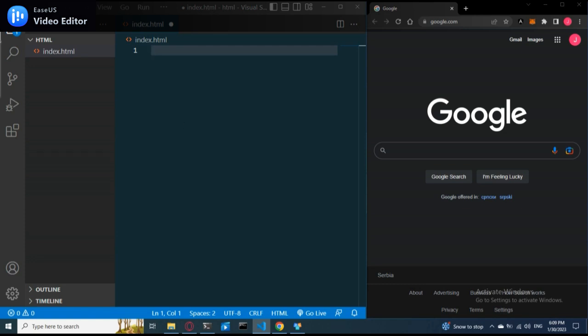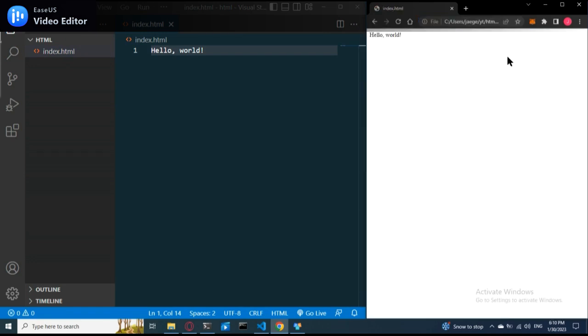Now, anything written in HTML file will probably end up resolving to something, and I'll illustrate this by simply writing some text here and saving the file. Hello world. To view our file in the browser, we just have to drag it from the editor into the browser search bar here and press enter. And here it is. This will give us the local address of the file where it's stored on our computer,